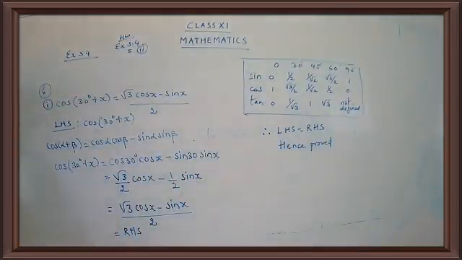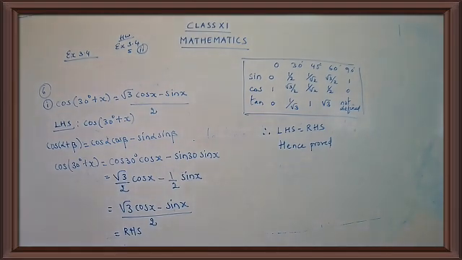Are you clear with this, children? Okay. This is very important: once you know the identities, everything is very easy. Yes, see children, once you know the formula, you just write the formula and substitute the value. I know some of the angles, we wrote the angle value and we got the required answer. Now let's come to the second subpart.